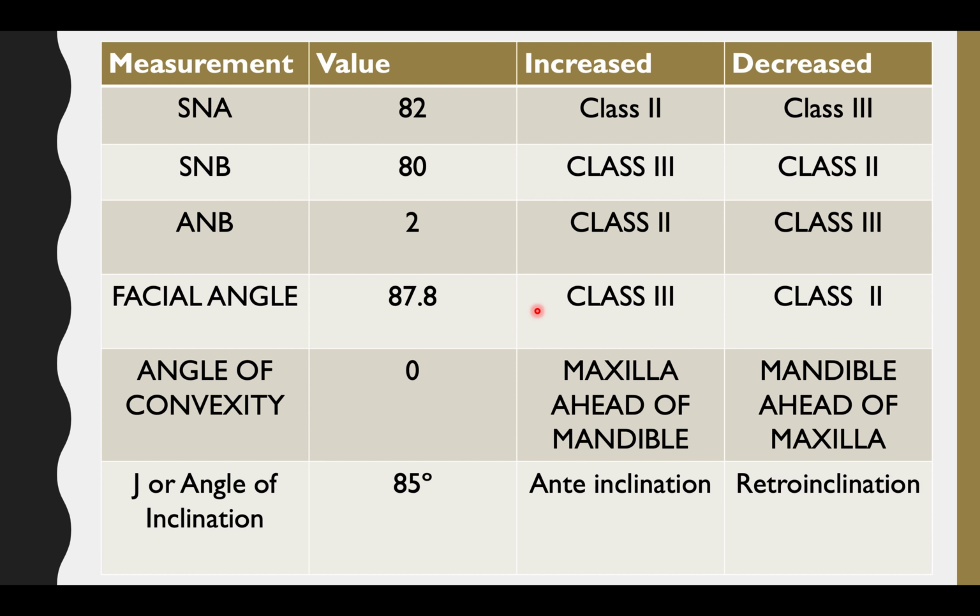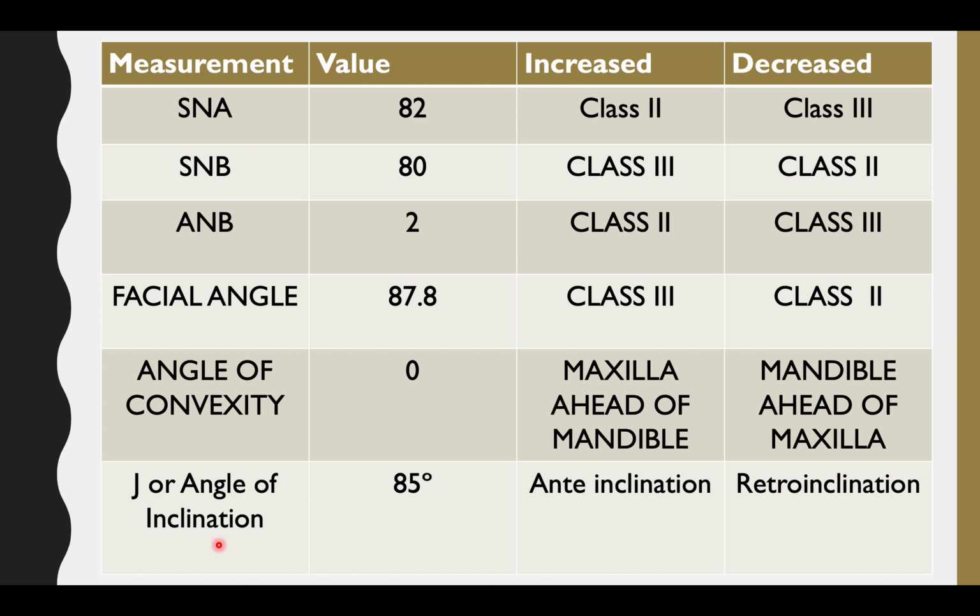If we see, these are the skeletal parameters. Skeletal parameters means they can show an effect if there is an orthodontic or orthopedic tooth movement. So if we see, SNA is a dental parameter, SNB is a dental parameter, because it is including the point A and the point B. But they can give the information regarding the anterior and posterior position of your maxilla and the mandible. So these are partially skeletal and partially dental parameters.